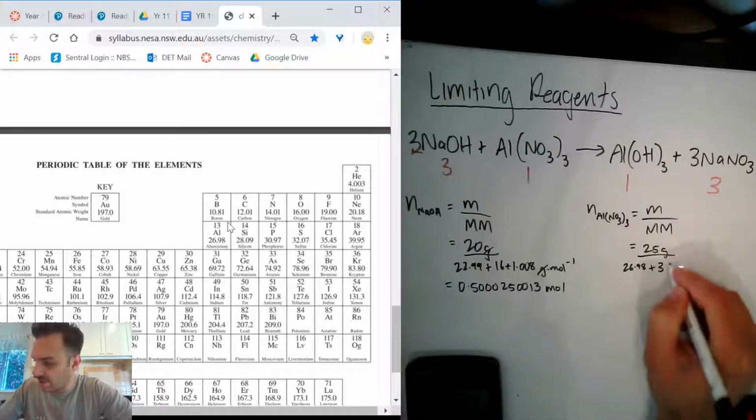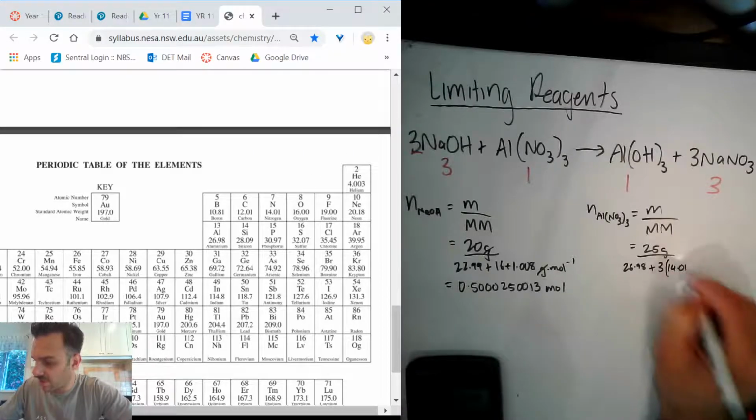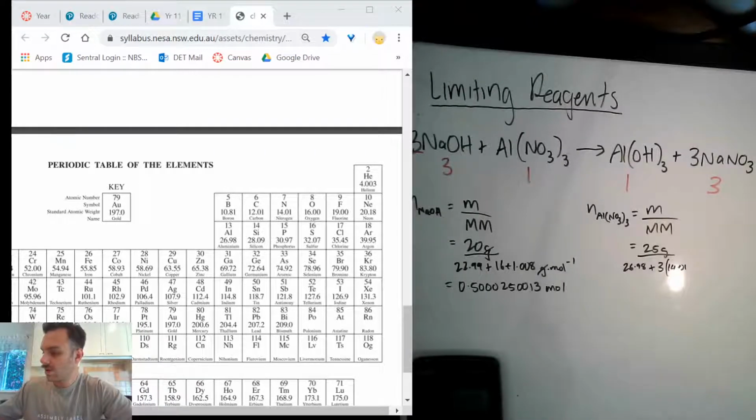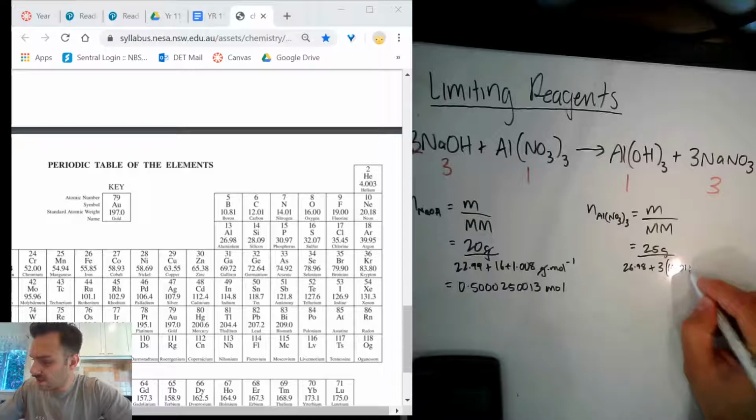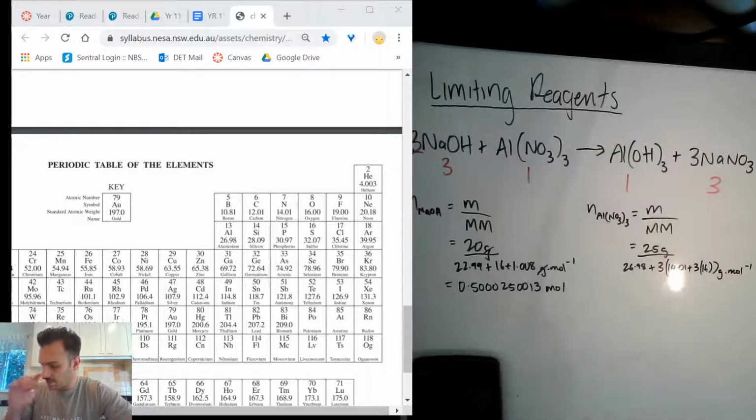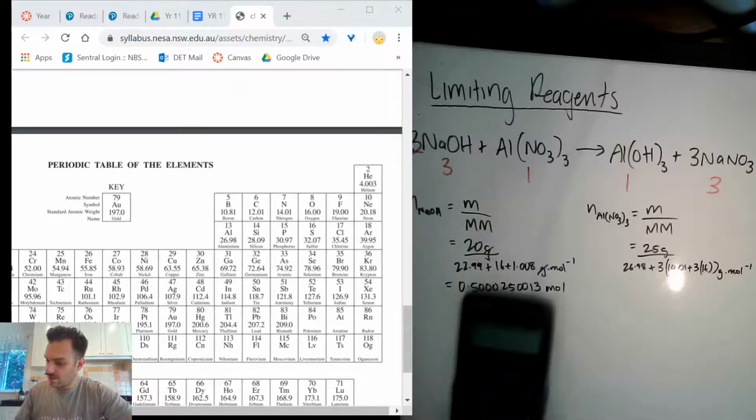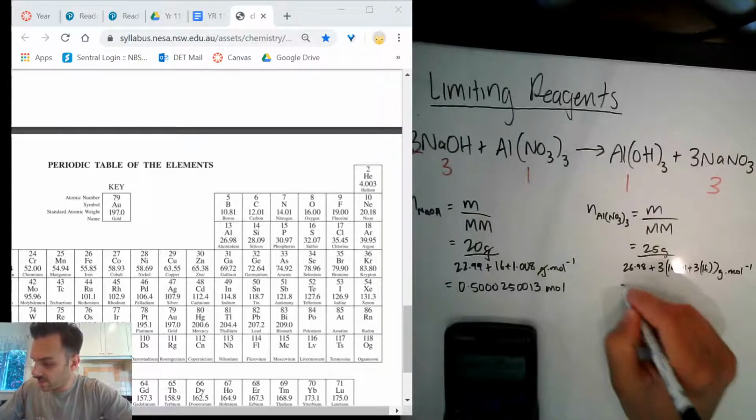Plus we need 3 nitrates, so 3, 14.01 for the nitrogen, plus 3, 16, so there's 3 oxygens, and this is grams per mole. Okay, let's put that in the calculator. So 25 grams divided by 26.98 plus 3 nitrates, so 14.01 for the nitrogen plus 3 16s per nitrate, and we end up with